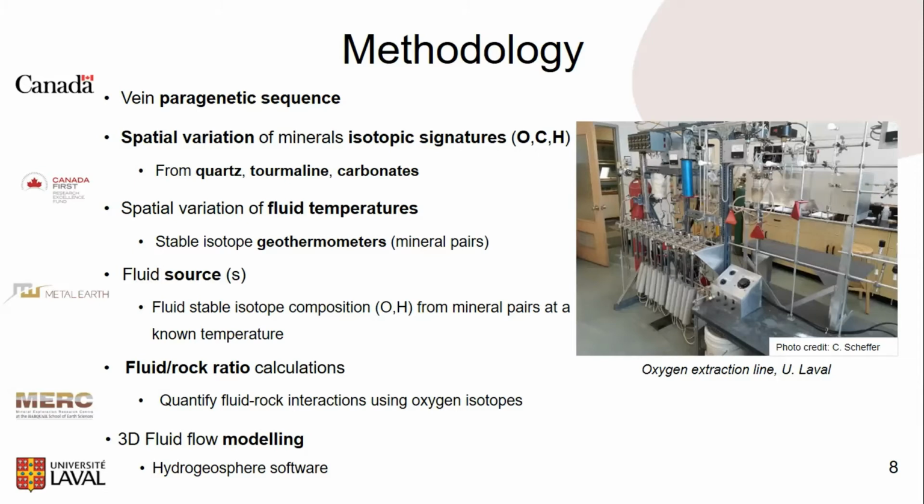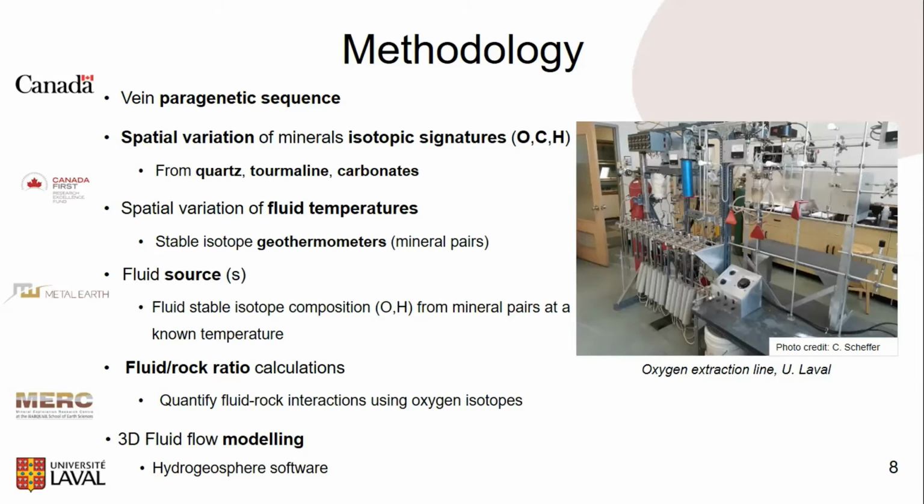Using pairs of minerals in equilibrium within veins, we could use them as geothermometers to compute the temperature and observe the spatial variations of such temperatures. And once the temperature was known, we could use equations to compute the stable isotope composition of the fluid and